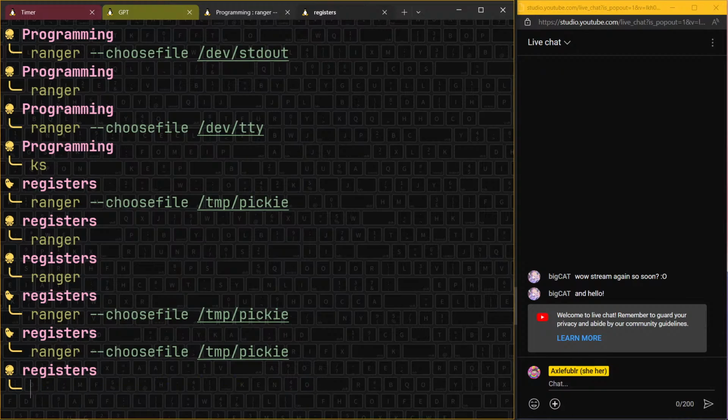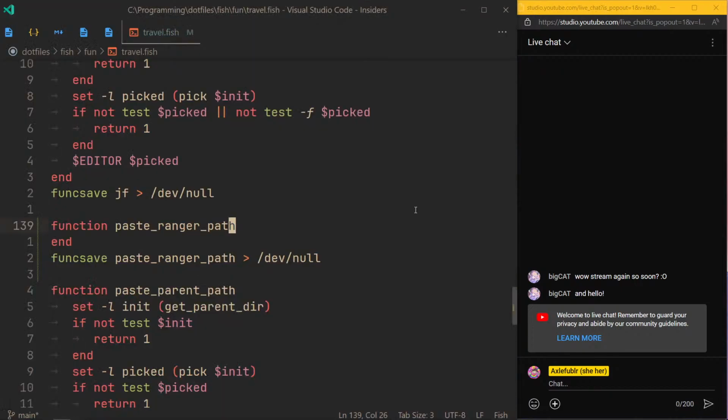Still nothing happened, meaning that you have to specify if you're choosing a file or a folder more explicitly, which kinda sucks a bit, but overall it's okay. So paste ranger instead of path,